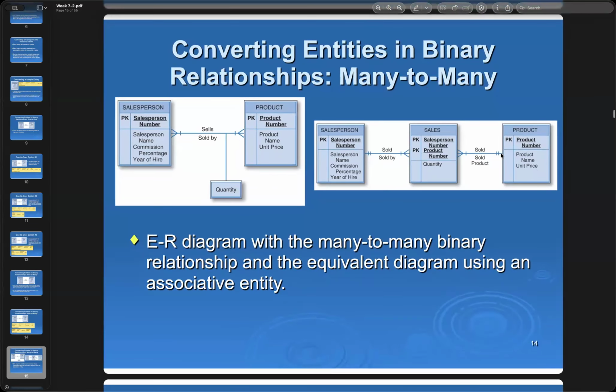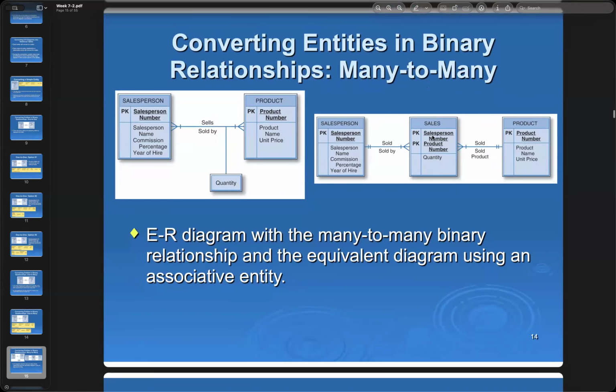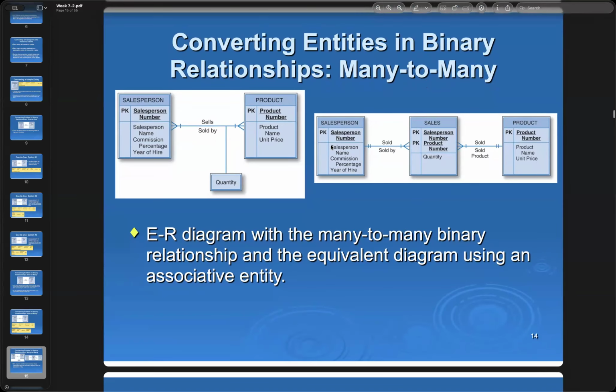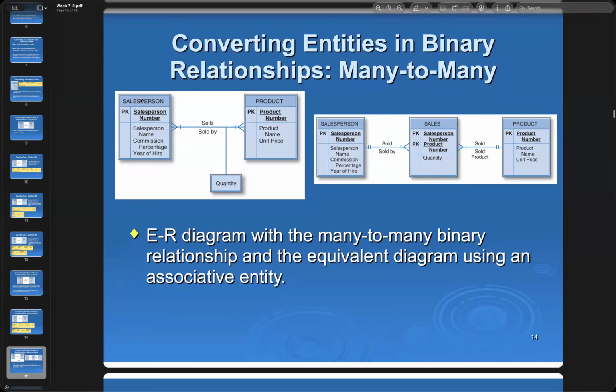But for the products, they can be sold by so many salespeople, so at least one. So it will be right here. Sometimes when you draw the tables, you need to put in two sentences. One is from the salesperson right here. If I ask, please describe the relationship between these two tables, or what's the relationship, you say one to many, one to one, many to many, and then you need to say,